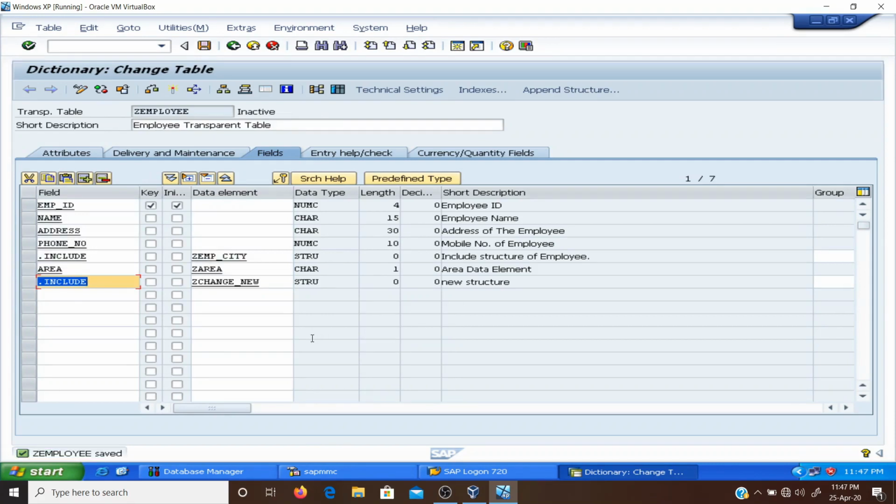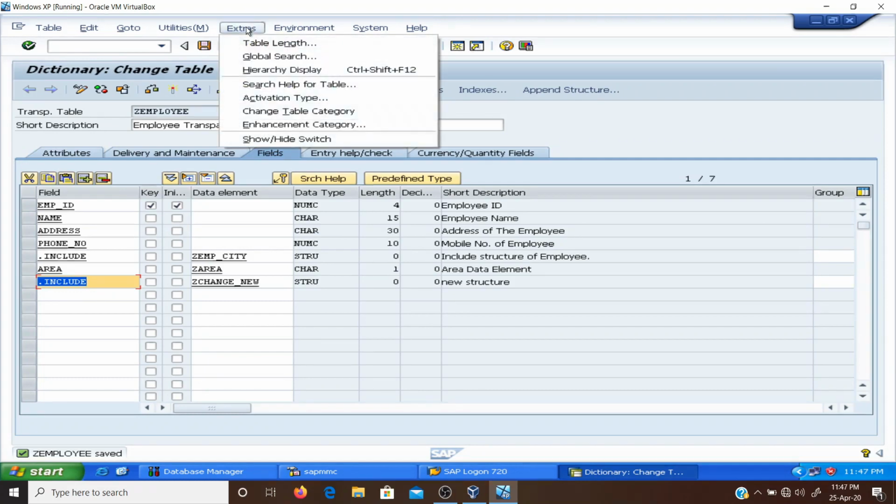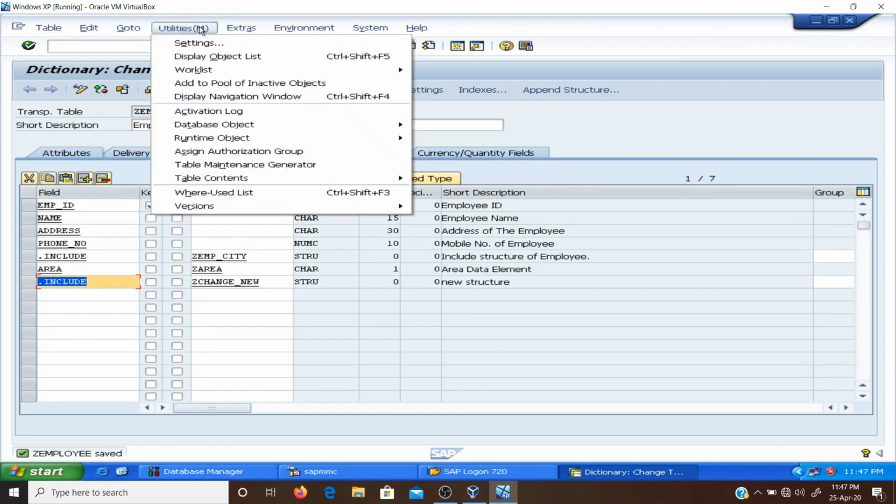Now for differentiating between the inactive and active version of the object, we need to check the activation log. For checking the activation log, just click on the utilities button and you can see the activation log button.